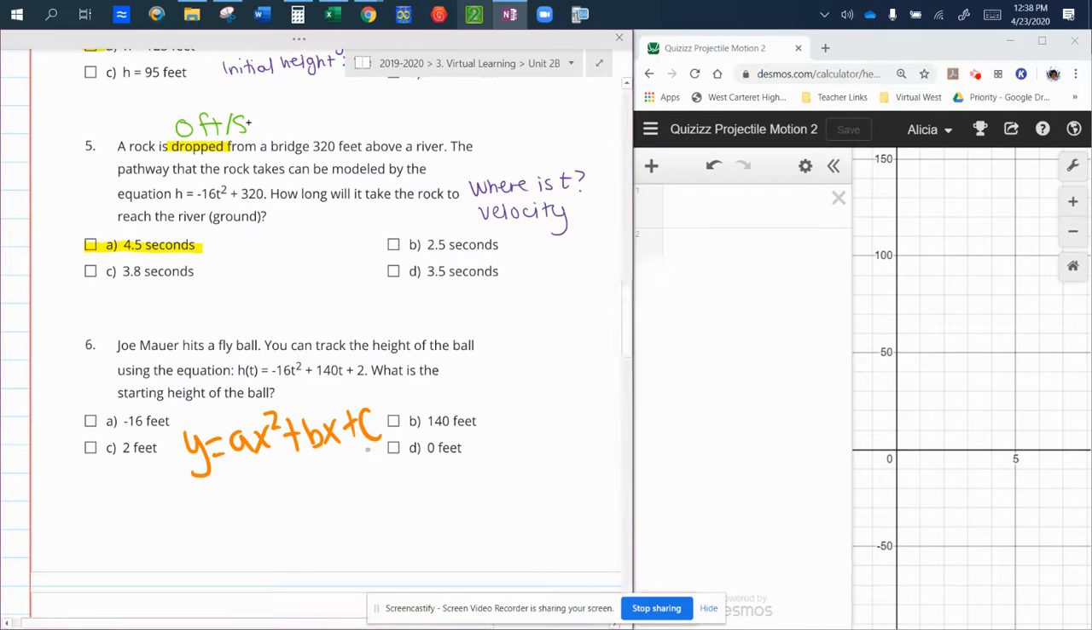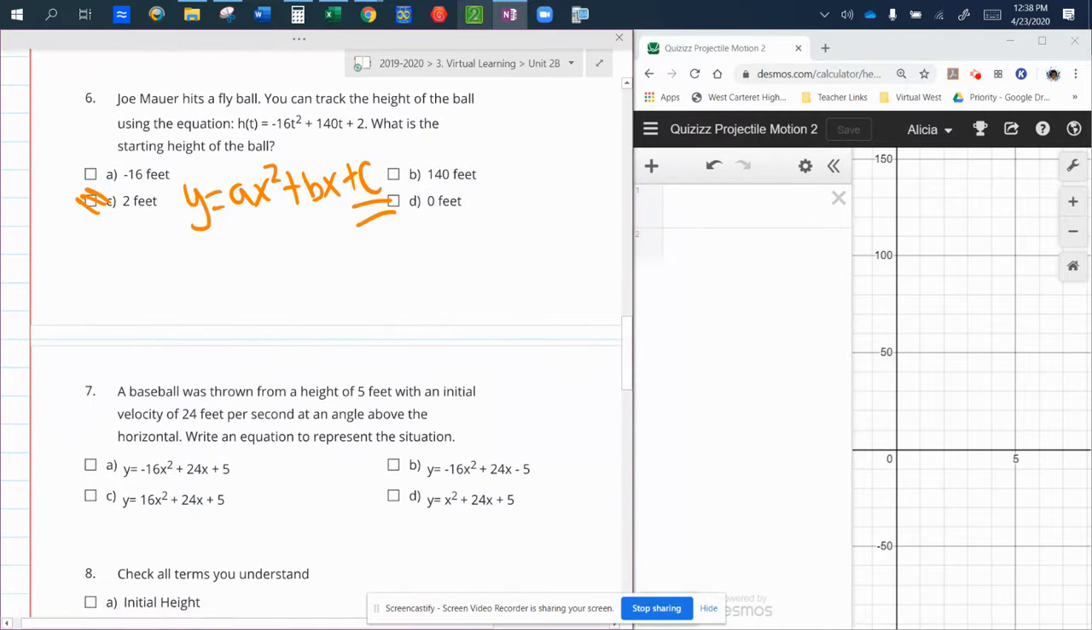What do we know about this c value? That's going to be our starting height. That's going to be the y-intercept of our parabola. We can type that into Desmos to confirm. Last but not least,